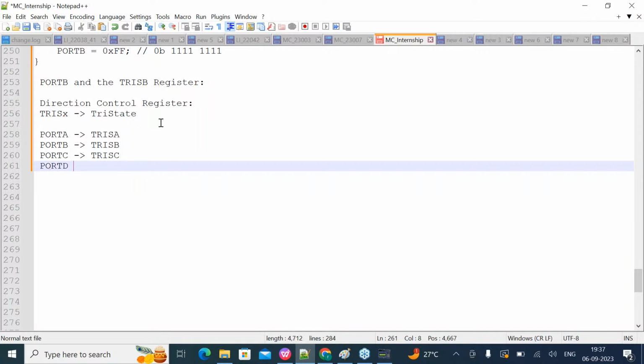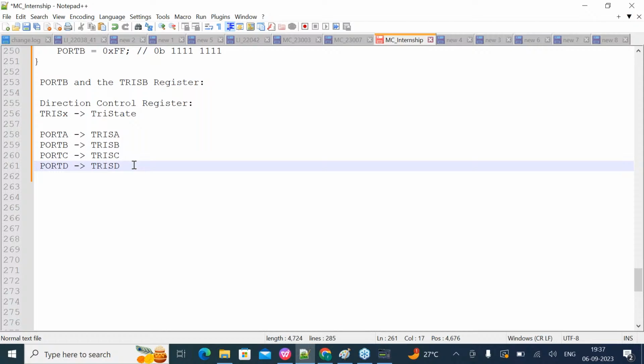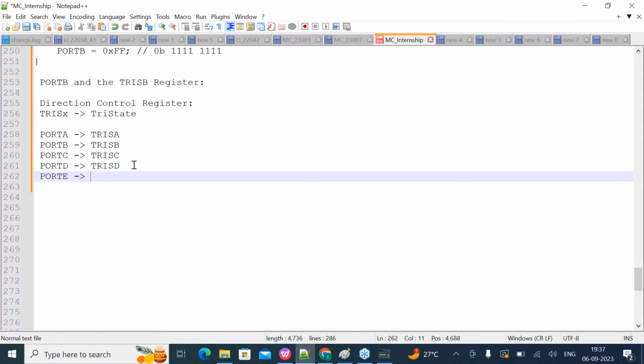What about the port D? What will be the name to give the direction to the port B pin? While programming, as many of you said earlier, we have to give the direction, either input or output, to the port pin. So how can we give it? By using this directional control register, TRIS. Then one more port is port E. What will be the name? It will be TRIS, where X will be replaced with E. Am I right? Use capital letters, Manjunath. Fine, at least you got the idea about the TRIS